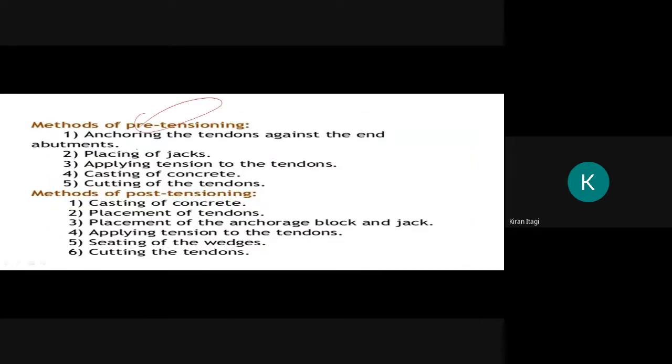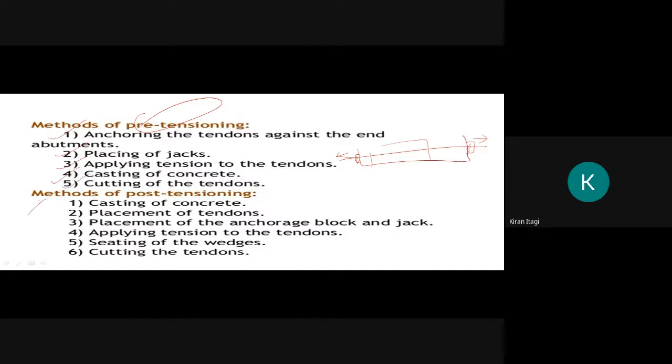So, the method of pretensioning. Initially, I said that first we have the mold. We keep the tendon on both sides. We anchor it. We apply the tension. Okay, then we place the concrete. That is what is explained here: anchoring the tendon against the end of the abutment, placing the jacks, applying the tension, casting the concrete, cutting the